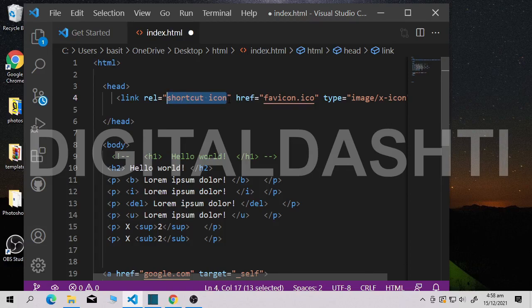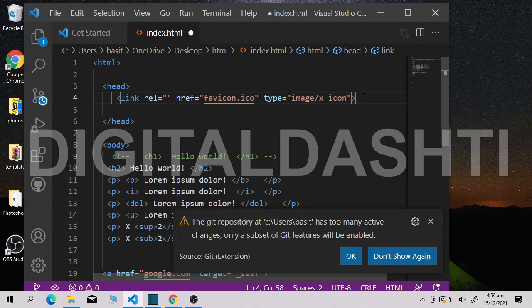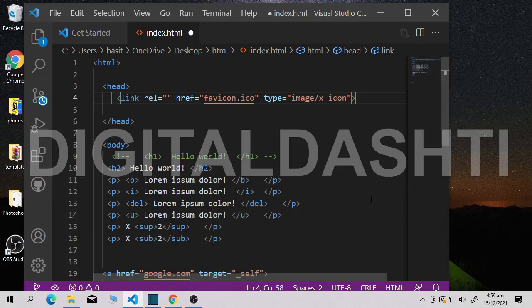Fine. Now this is my link tag. What is actually a link tag? The link tag defines the relation between a document and an external source. You can call it an external resource. Now what is our document here?